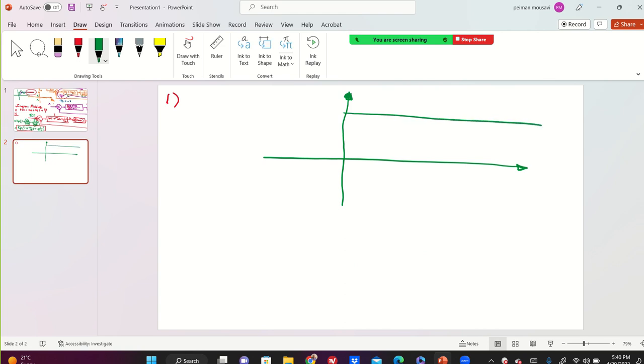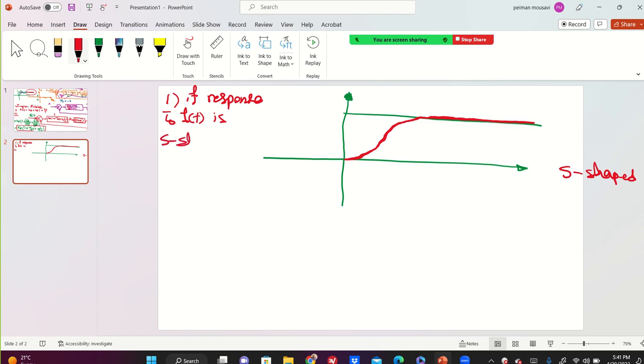So this is valid for any system, third order system, fourth order system, fifth order system, 10th order system, 20th order system, whatever. And your system's response profile is S-shaped. We name it S-shaped because it looks like the S. This part is like an S. If the response to unit step is S-shaped,